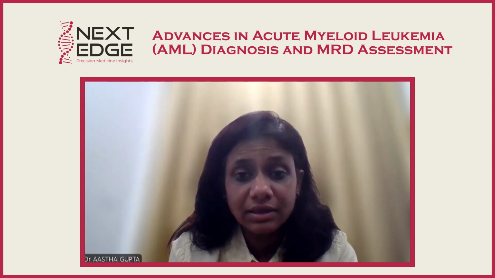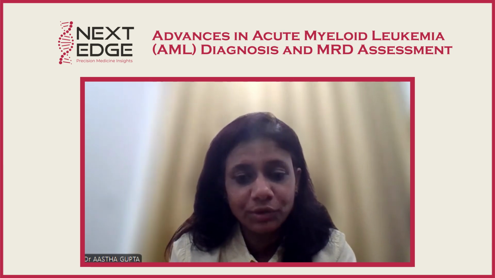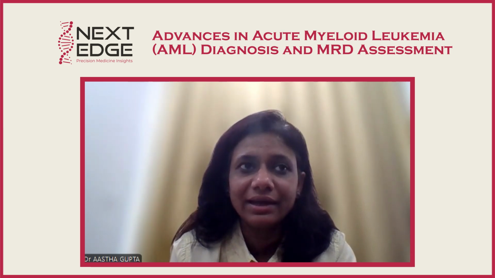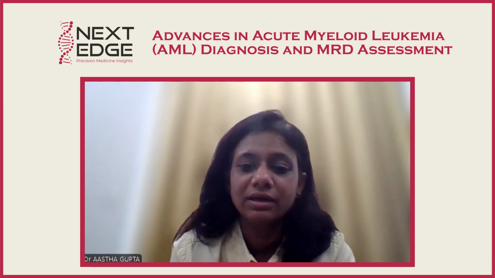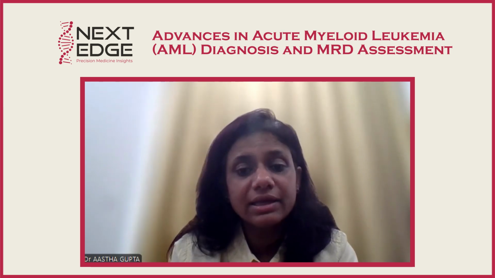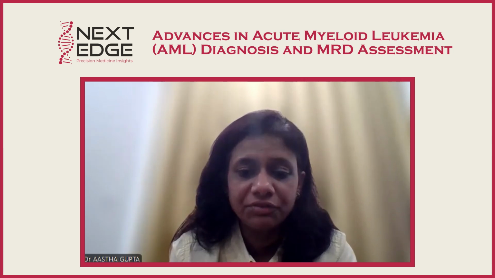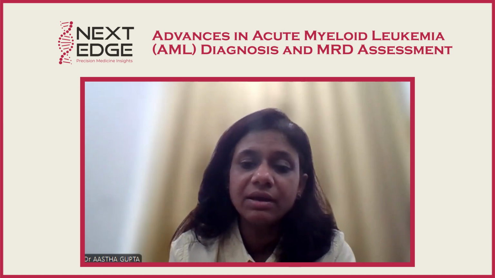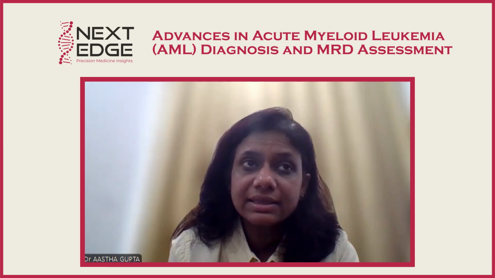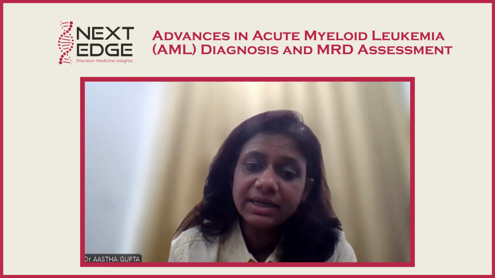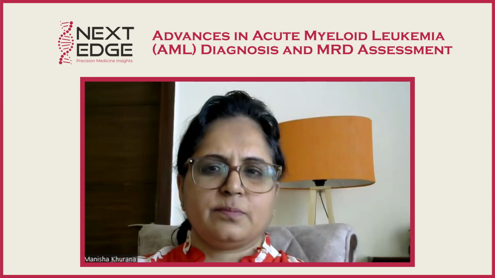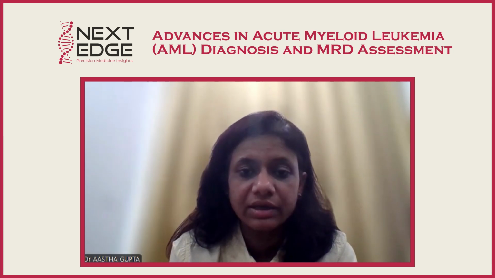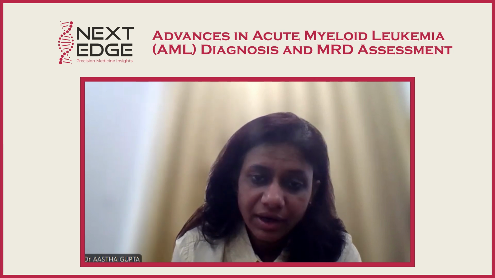Now, the current WHO, which is the 5th edition 2022 WHO, has involved genetics as a major role in diagnosis and classification of AML. There is one straightaway entity which is AML with defined genetic abnormalities. Now this entity is important because even with blasts less than 20%, if these defining genetic abnormalities are present, the diagnosis of AML will be made. This comprises translocation 8;21, inversion 16, then there will be PML RARA, then there are, it's a long list.